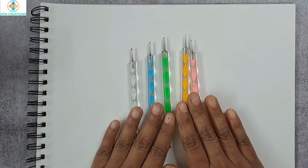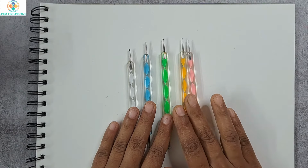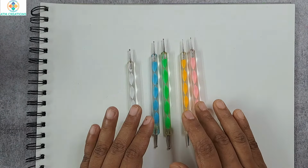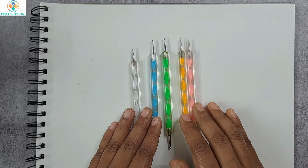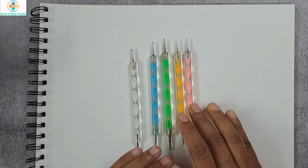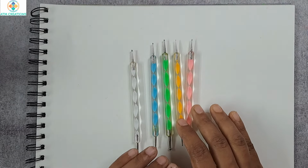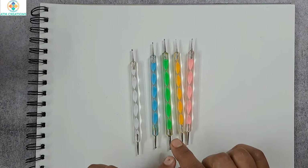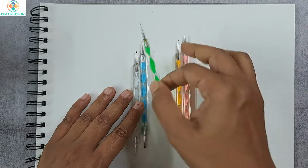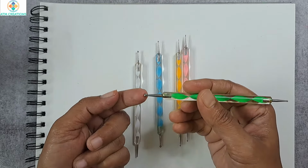These are basically nail art tools, but recently all dot mandala artists have been using them extensively. So these are now more popularly known as dot mandala tools or dotting tools, but they are originally nail art tools. So this set of 5, and in each tool, if you look at the size of the ball